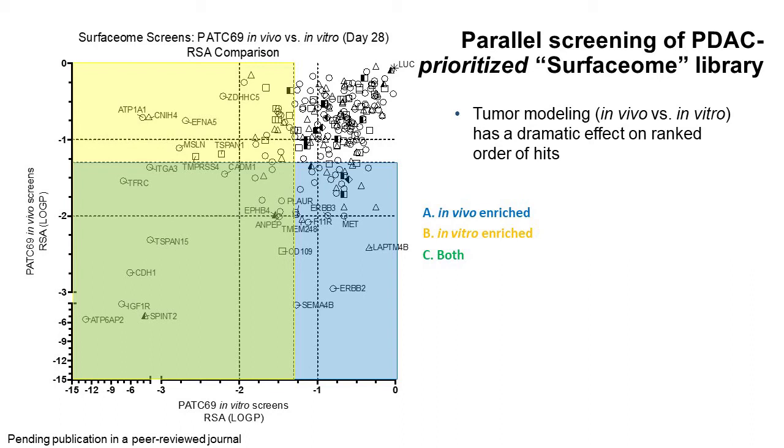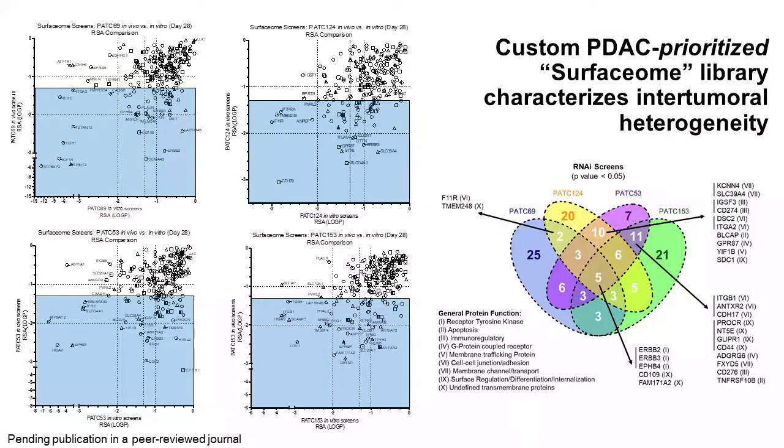Now, what's interesting here and why I wanted to show this is that the rank order of your hits changes dramatically based on the context of the tumor modeling. So if you model in vitro, you can have in vitro specific targets, and if you model only in vivo, you can have in vivo specific targets. This is important because we don't want to just be focusing on things that only score in vitro, for instance. Based on this, we performed in vivo screening across all 4 models and took this information